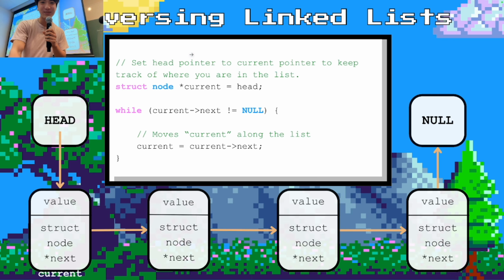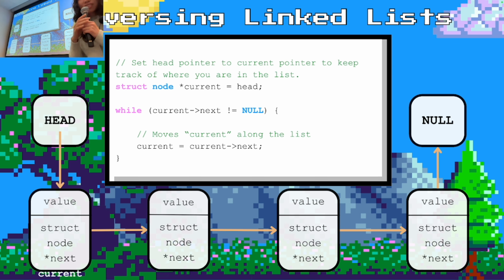All right, traversing it. Just say who's current in this thing. So to traverse the list, you need to start at the head, which is why we have to keep track of the head. And then,